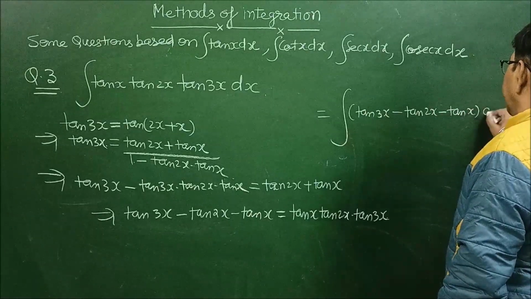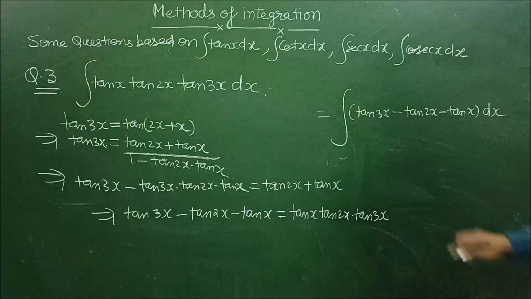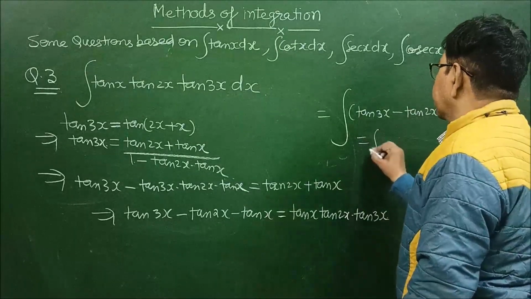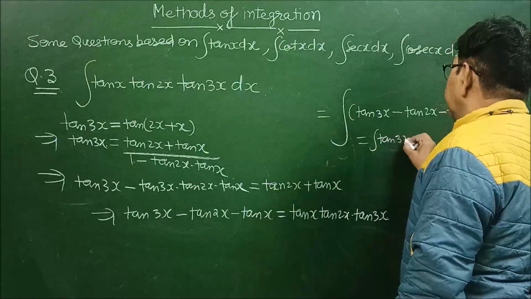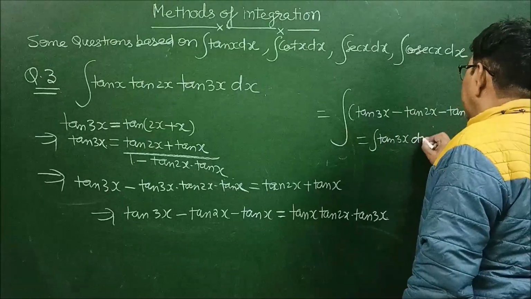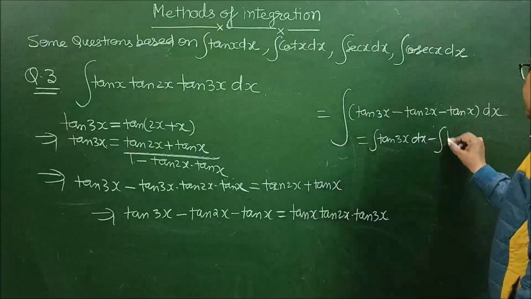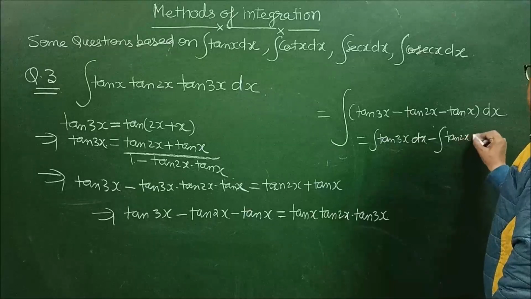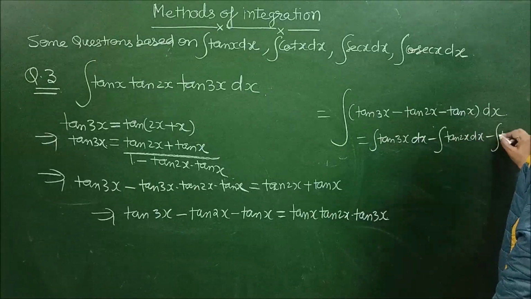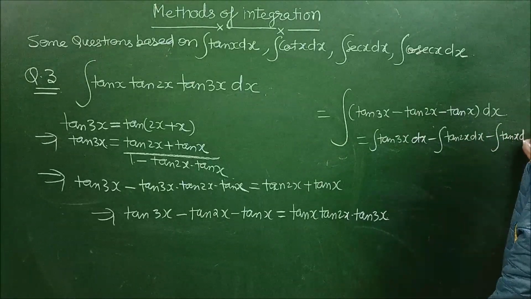Now it can be integrated. First, separating the three integrals: integration of tan 3x dx, minus integration of tan 2x dx, minus integration of tan x dx, which is equal